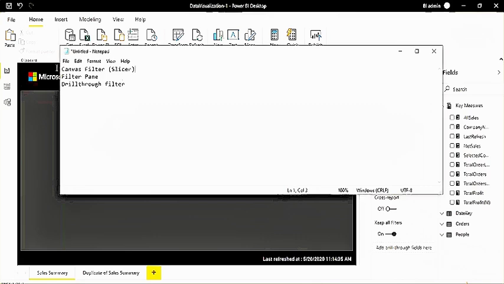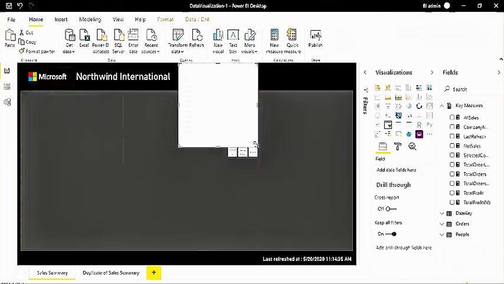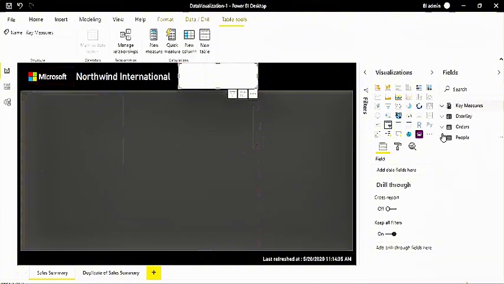So how can we add a slicer on the report? Let's say you have decided that your report will have three filters, let's say customer, country, and category. So you have to add the slicer here. Slicer is a report or canvas level filter. So you add a slicer here. Slicer we use in Excel also, that is the same. So here you are going to add a column.